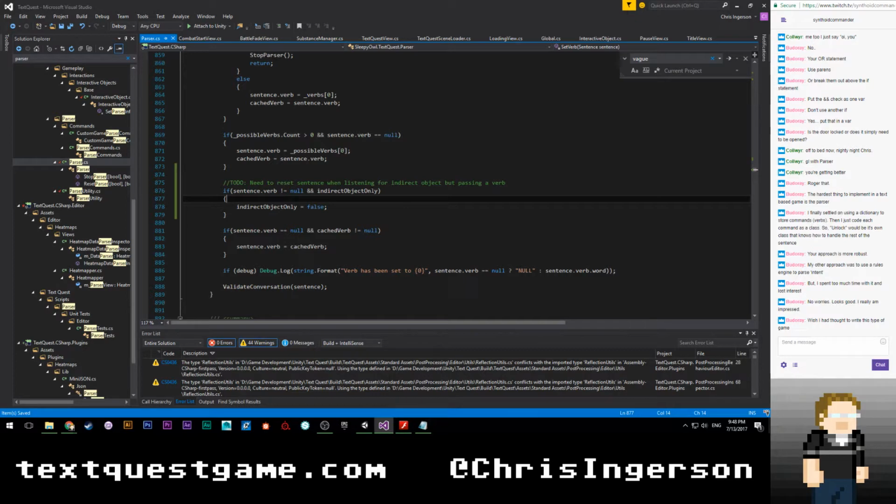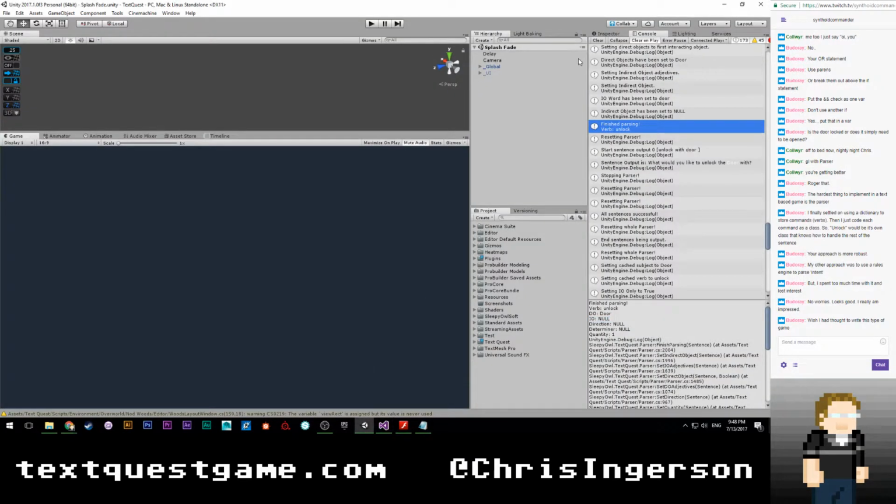So that's a pretty good place to stop for the night. We got a lot of bug fixes in there. Fixed basically all of the issues I had with the loading screen, and fixed some of the weird background fade stuff. So the next step is just fixing some of those weird edge cases with the parser, and I think we'll actually be in a pretty good spot.